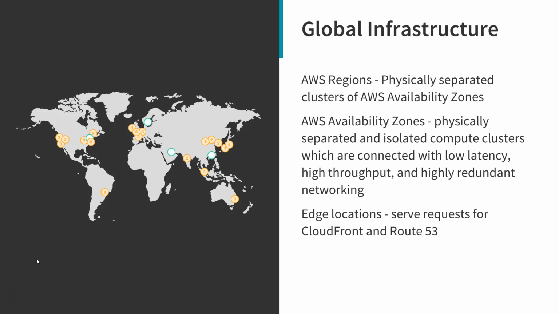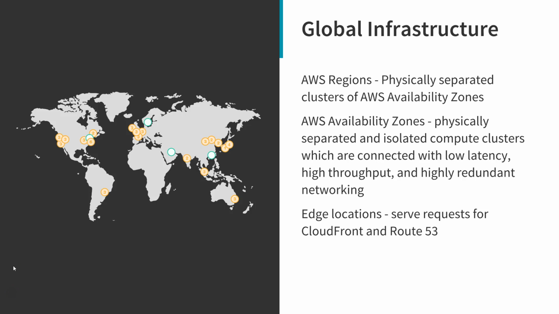make it quicker to serve whatever cached content you have to local end users. So for example, if you have a web application or some content hosted in a region in America, and you want to get content as quickly as possible to your end users in Europe, then edge locations would be what